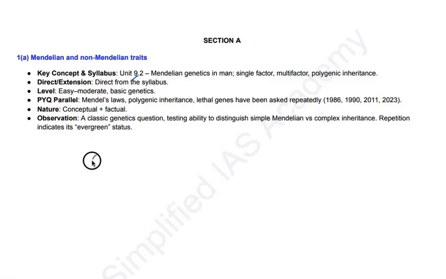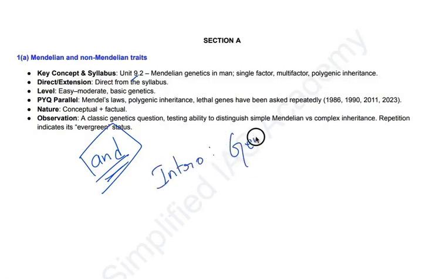For any question separated with "and", as I say in most of my test series, I have also explained this: whenever there are 10 marker questions which are separated by "and", there are two concepts which could be very much related or unrelated, no matter, but you should try to have certain common dimensions or explain both in coherence at least. So for this particular question, in the introduction you can talk about genetic inheritance maybe, so that it covers both the topics. Then in the body, which is the main part of your answer,